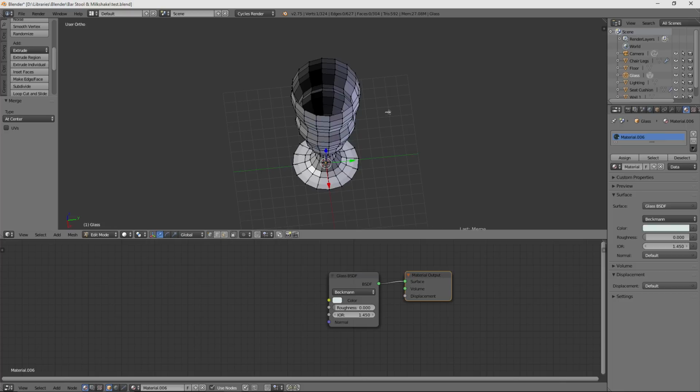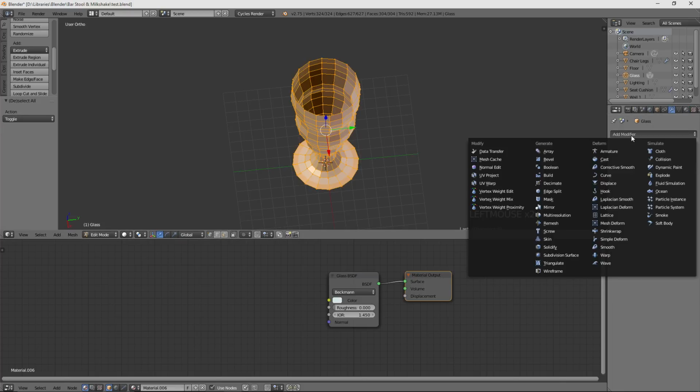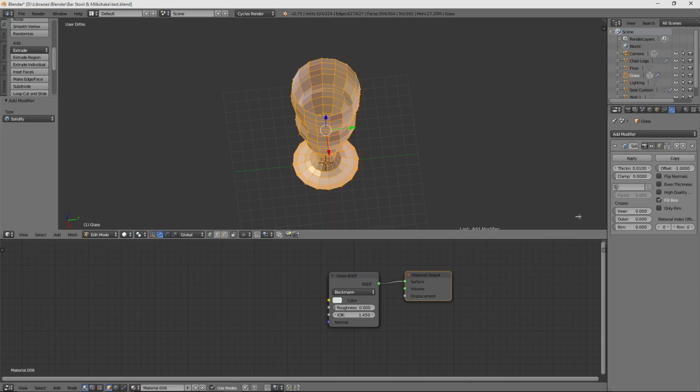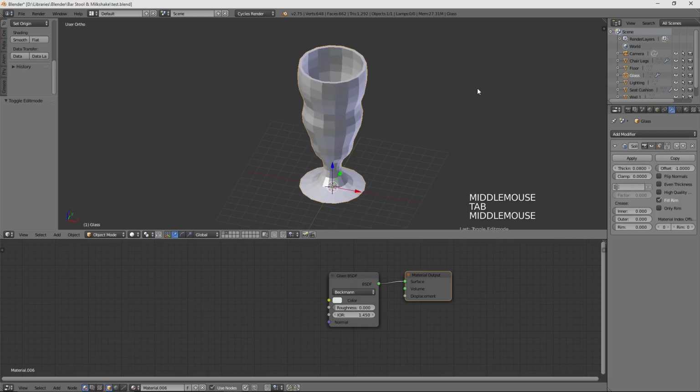The easiest way to do that is to select all. We're going to go to our modifiers tab and we're going to find under generate the solidify button. The only parameter you need to worry about is this thickness one. And you can really just drag it and look at it and see how thick you want it. I think I'm going to end on a 0.08. That looks like a good thickness for me. And once that's done, our glass is done.